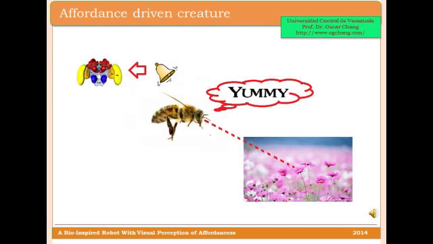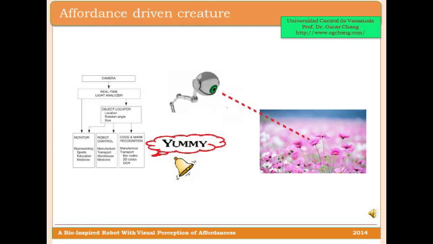What is an affordance-driven creature? A good example is a hungry bee, whose eyes spot a flower immersed in a complex background. Immediately, a bell rings inside its brain, awaking deep motivations, which may in turn drive the animal into new behaviors. How can we engineer a robot, which interacts with its visual environment, similar to a real bee?